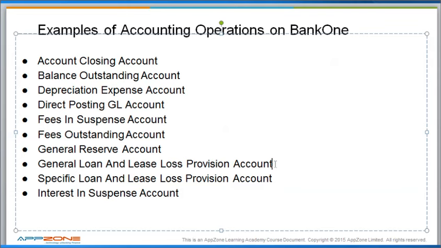What this account does is that the bank is expected to make provisions for risk assets. Risk assets are loans given out to customers, overdrafts allowed to customers. That is, overdraft is when a customer is allowed to overdraw his or her current balance. Once a customer is owing the bank, whether through a loan or through an overdraft, the bank is expected under regulation to make a provision for